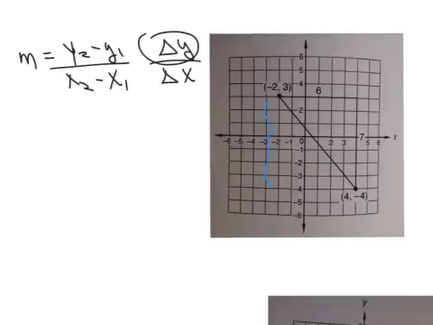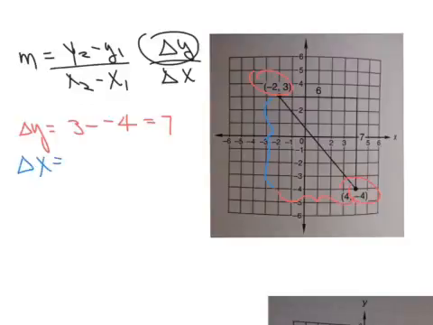The change in x, then, will be this distance. Okay, so let's take the change in y. Change in y will be the y portion of the top point minus the y portion of the bottom point, 7. Now if you count these from here to here, you'll see that we went down 7. So my y value is 7, and then my change in x will be whatever this is minus whatever this is,